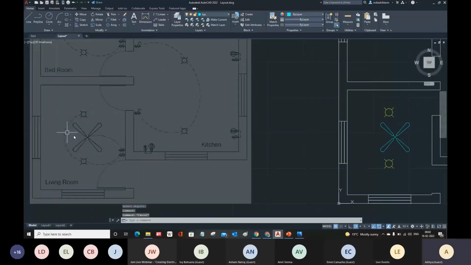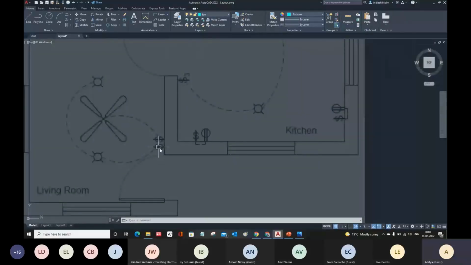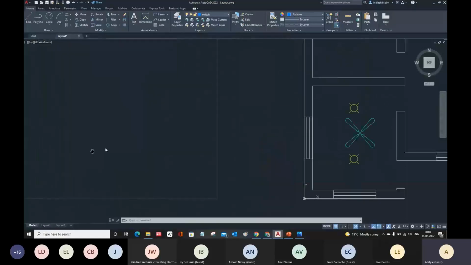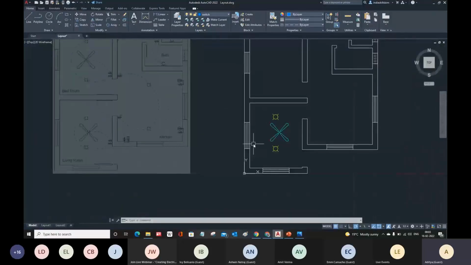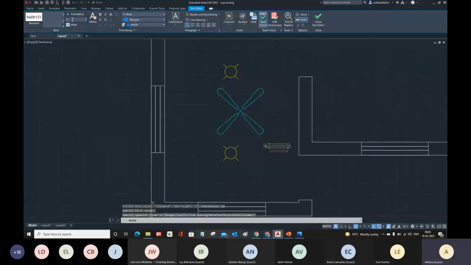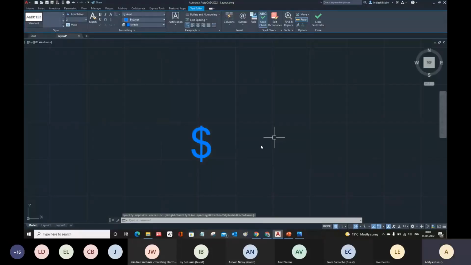And first of all, before the wire, let us create the switch. So again, change the layer to your switch layer. There you can use annotations, right? This dollar sign. So you can simply create a text here, and then start placing text somewhere. You can specify the text height, and then type this sign here, dollar sign. Close the text editor.